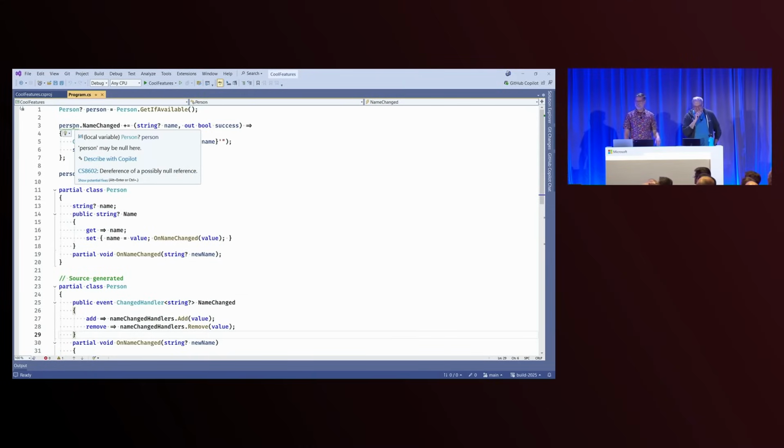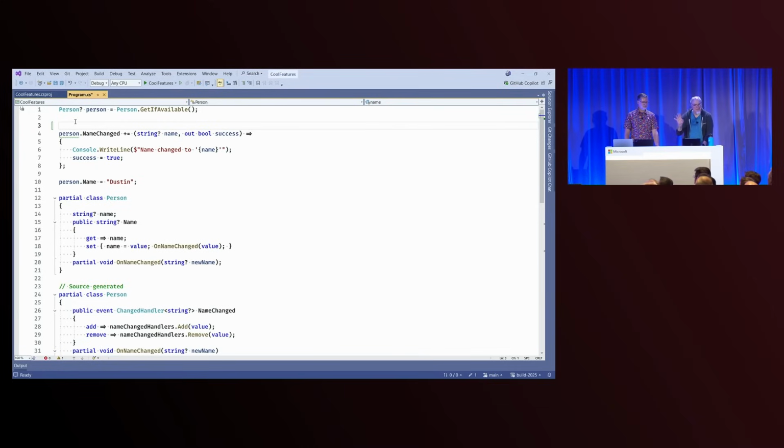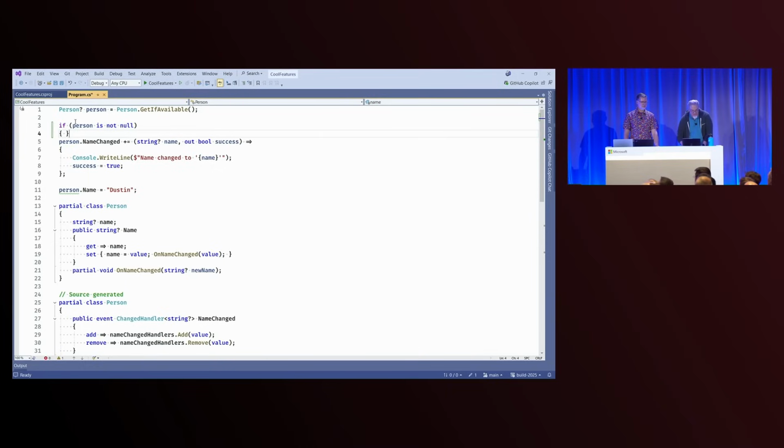But it's great. It's nullable reference types analysis telling us we have a bug, right? We're dotting off something that it says loud and clear, if available, it might not be there. It might be null. And so to fix that, this is nullable analysis. Everybody's seen this in C#, since C# 8, actually. And so to get rid of that, we're going to have to do our null check here.